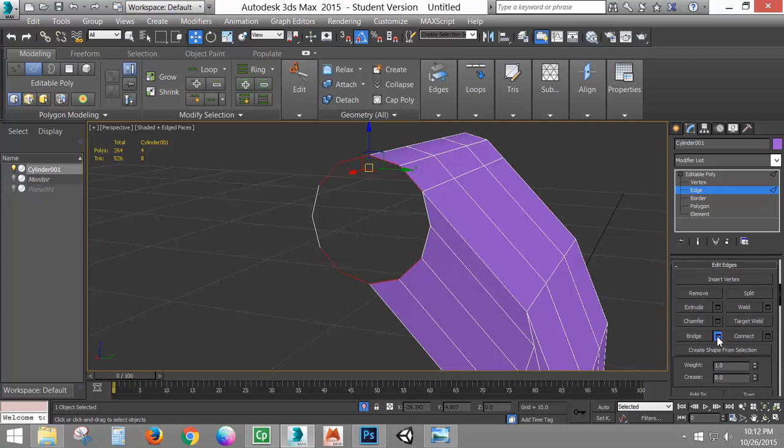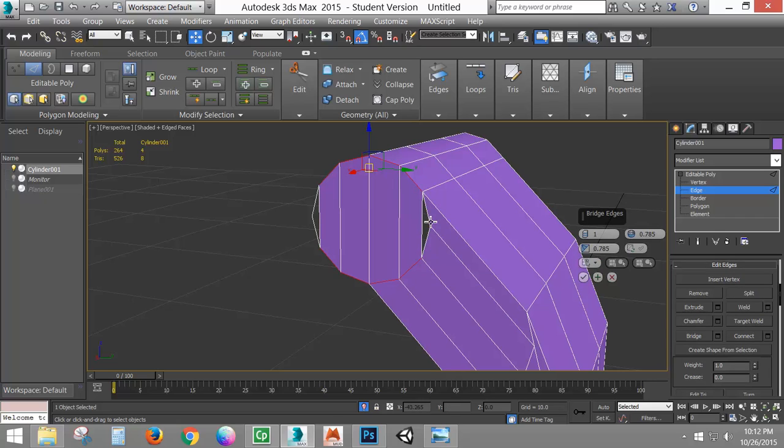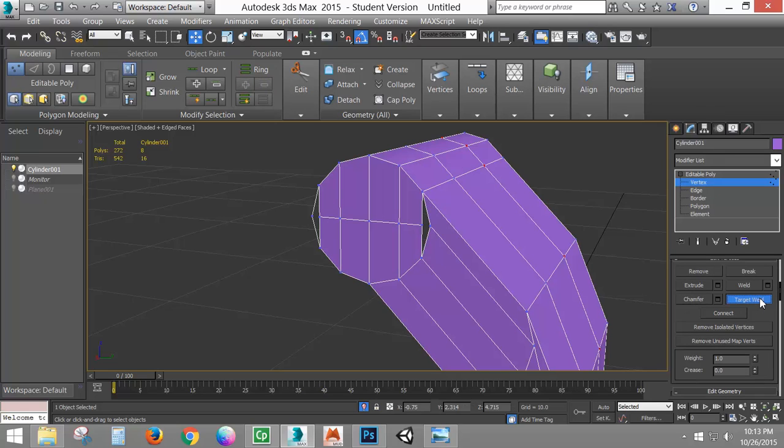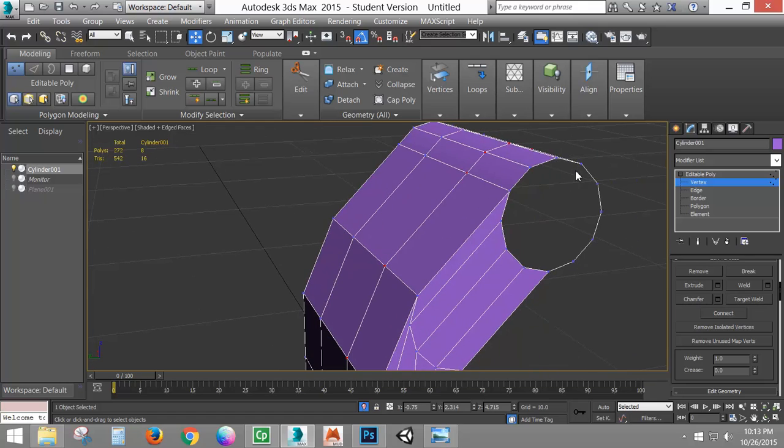So I'm going to go to bridge settings. It's going to try to bridge there, but as you can see, if I did that, I would get triangles on this side and this side. But if I add segments and hit check, I now can go to Weld, Target Weld, and I can select the vertex that I want to weld. I get this dotted line telling me that it's looking for another spot to weld to, and I can select that vertex. And that keeps these nice four-sided, and I don't have these n-gons to deal with,